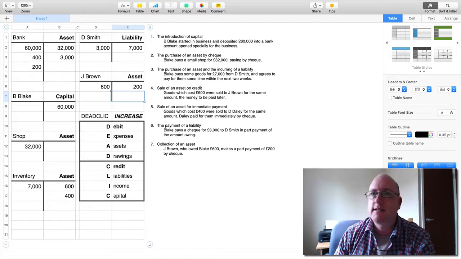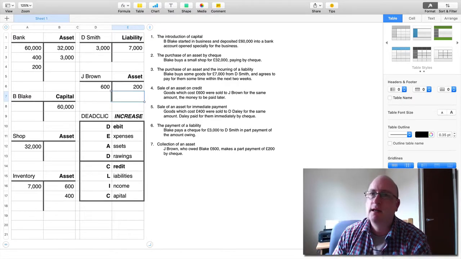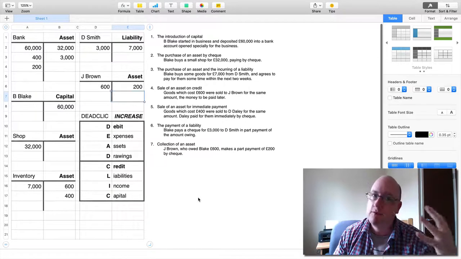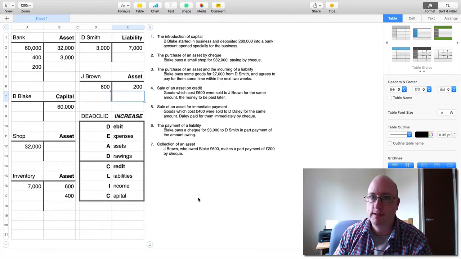So there we go, that's our 7 transactions, and hopefully that makes sense how I've entered them in the T accounts and how I follow the DEADCLIC rule, remembering that the table here that we follow is when we're increasing the accounts, but if we're decreasing the accounts, it's the opposite. So I hope that makes sense. I know I've gone through it very, very quickly, but obviously you can watch it again or pause it if you need to, but I've kept it short deliberately because it's our coffee break clip, which I always try to keep sort